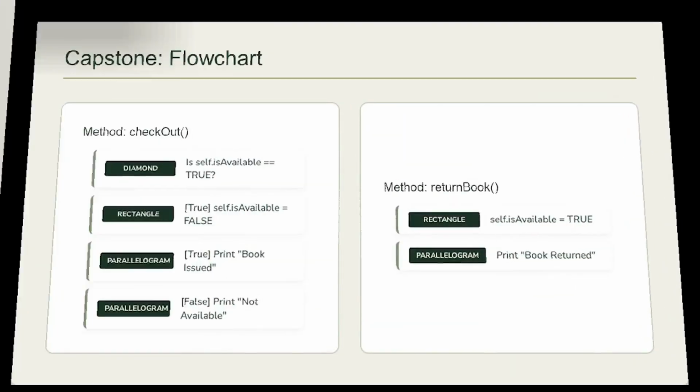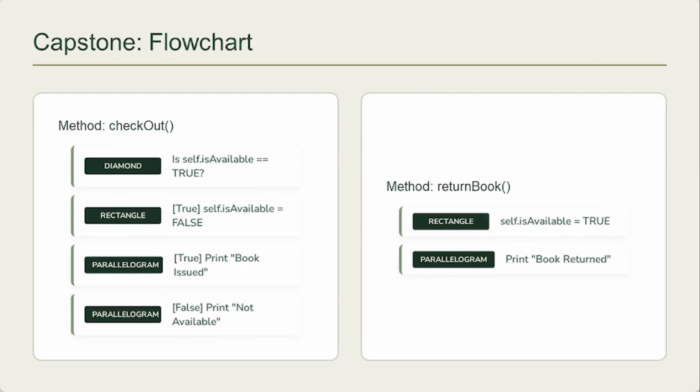So the capstone flowchart. Again I am telling you, this is not the exact flowchart that you should have. The exact flowchart looks different, and it is available in the description. Is self.is_available equal to true? If this is true, only then we allow the user. But before allowing the user, we set its value to false.